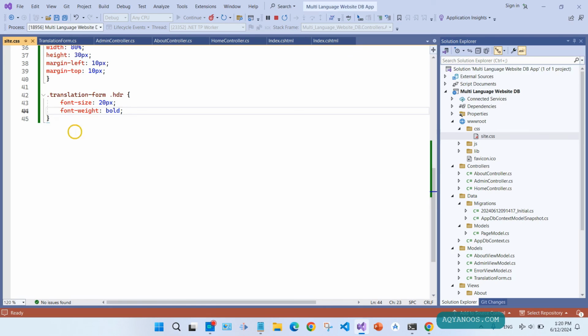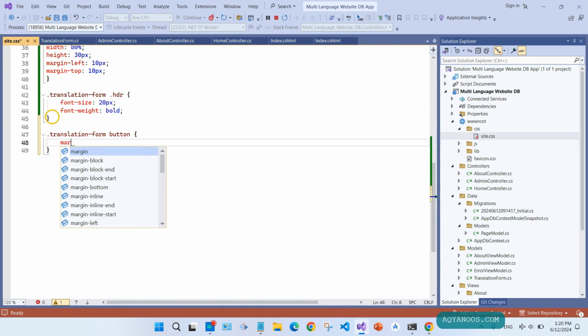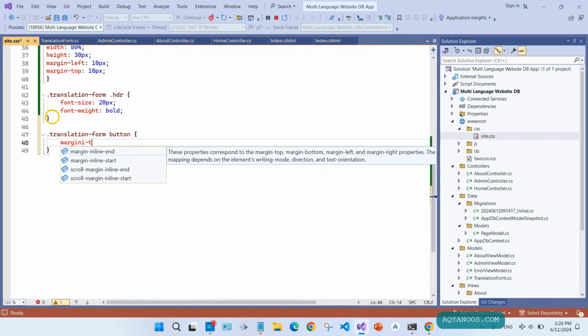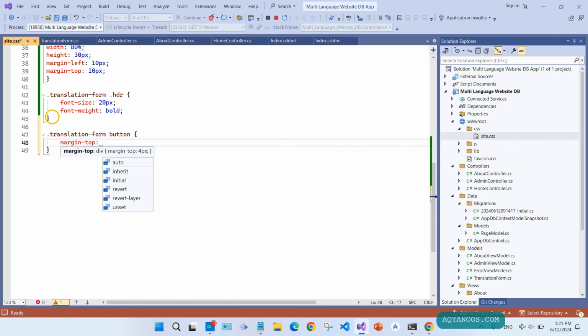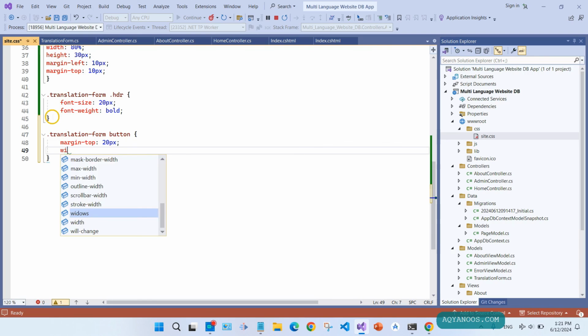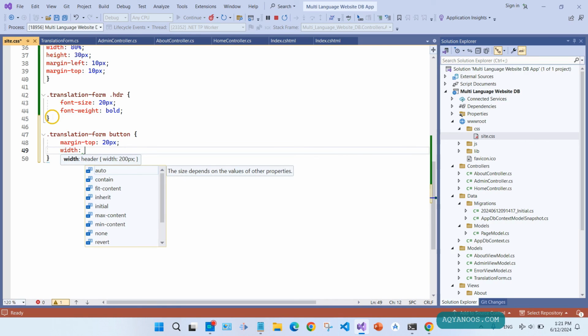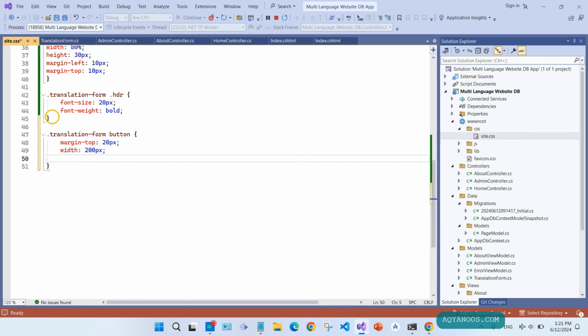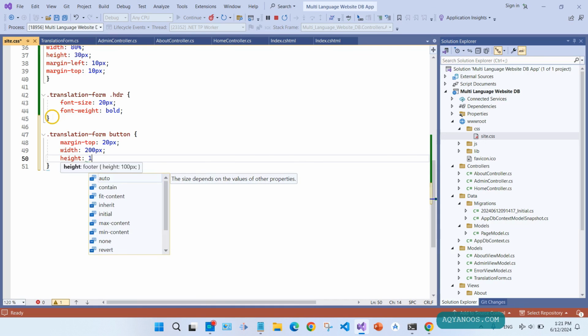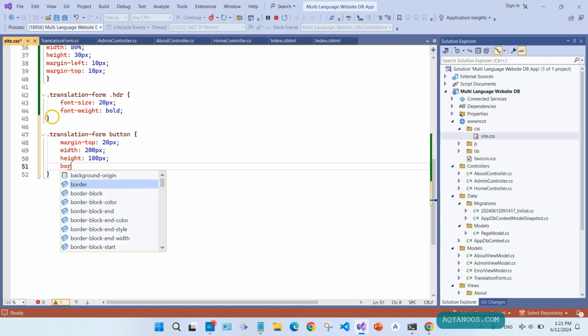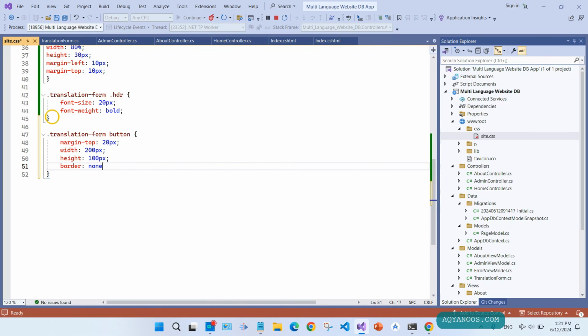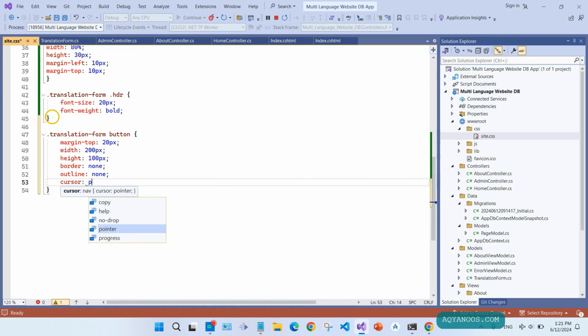And the submit button, Control C, bottom border, border top 20 pixels, width 200 pixels, height 100 pixels, border none, outline none, cursor pointer,